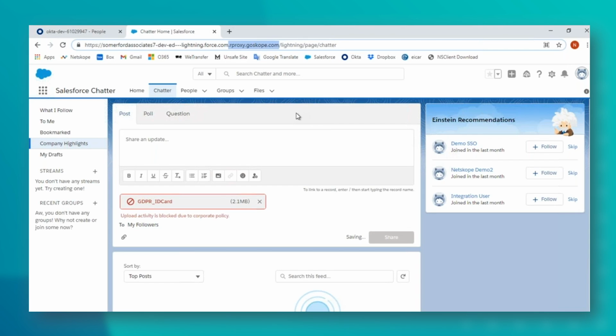Okta is handling the authentication and the user management and so on, but it's then handing the traffic over to the Netskope tenant. The Netskope tenant is now presenting this information back to the user, but because that traffic is going via that tenant, any policy created for this particular application or activity is now captured, even though I do not have the client installed.